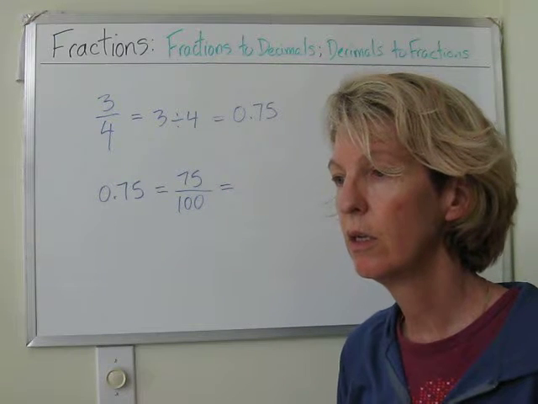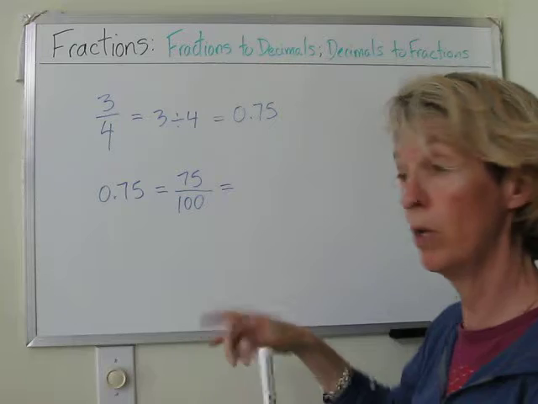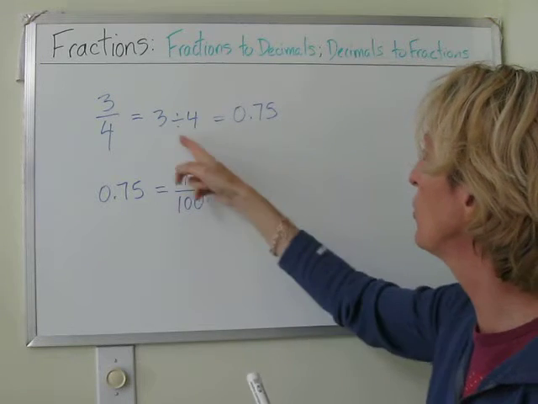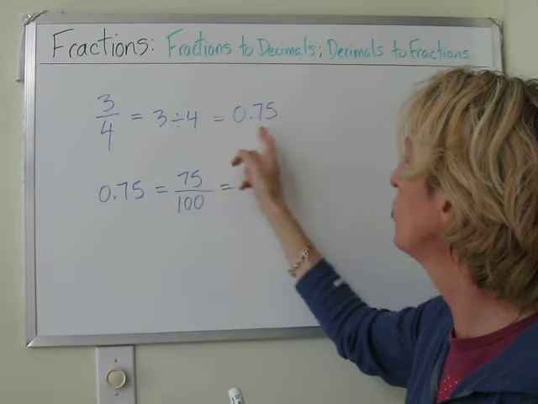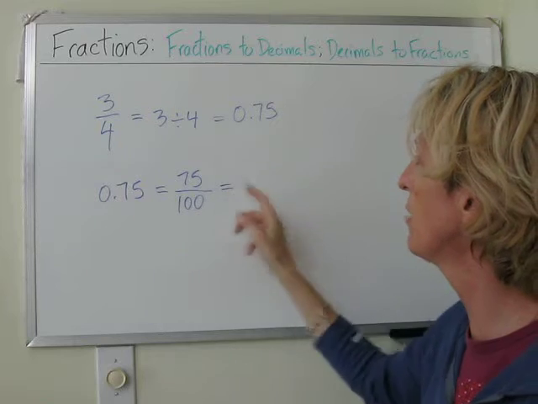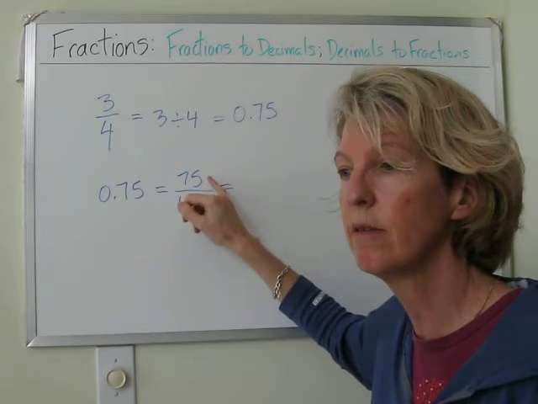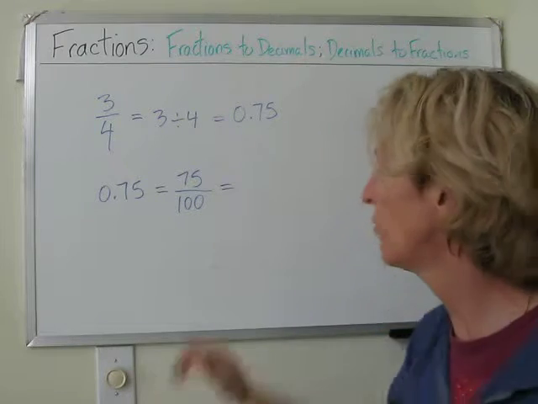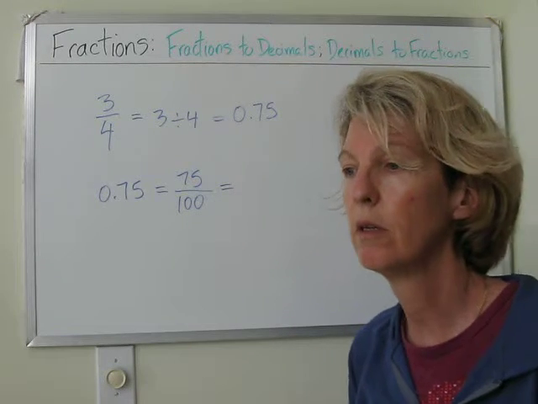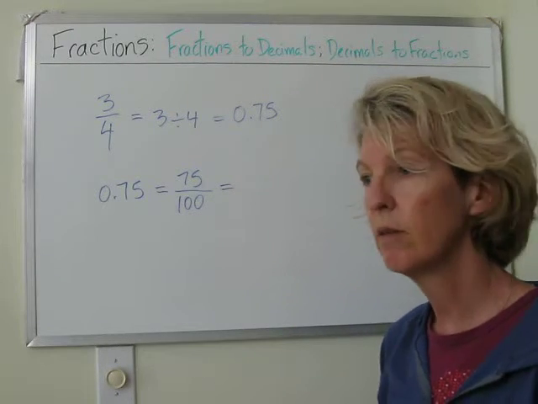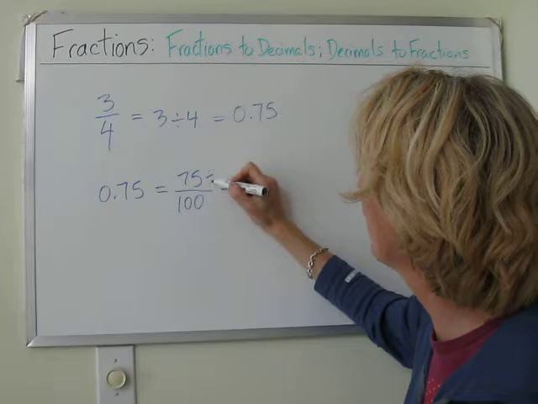75 divided by 100. Well, sure. Okay, that's when we're going from a fraction to a decimal, but now I want to go from a decimal to a fraction. What's the number that divides into 75 and divides into 100? 5. 5 does. Okay, so if we divide this by 5,